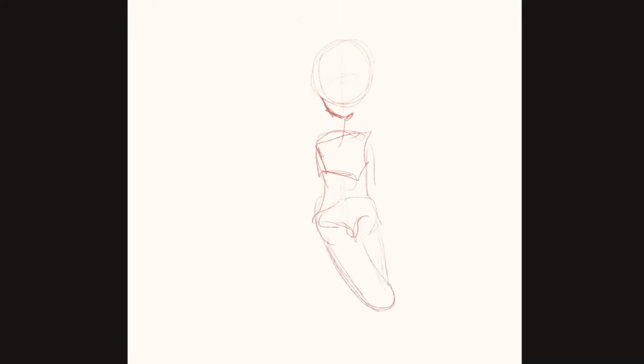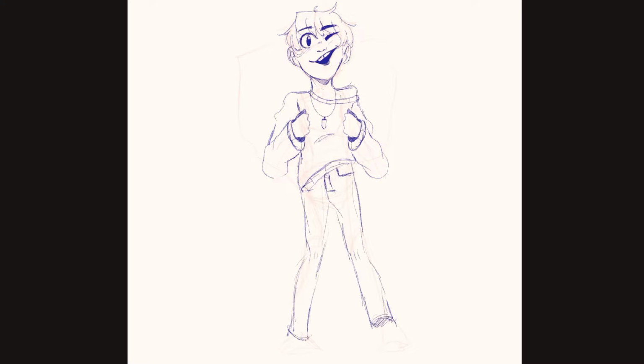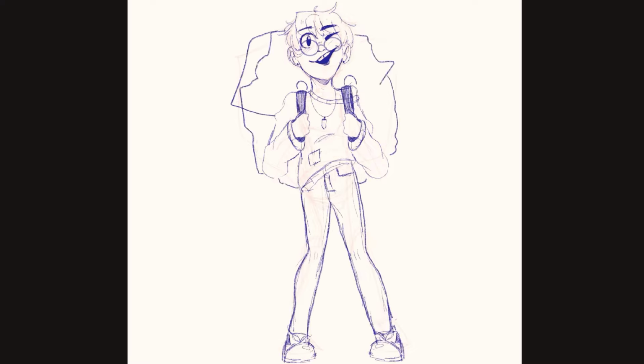I'm gonna keep this one brief, but this was actually a short that I posted a while ago, and this is kind of a ragtag character, and the colors for this one were easy because I used complementary colors as well.